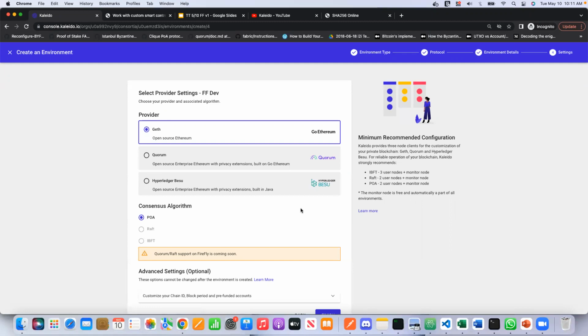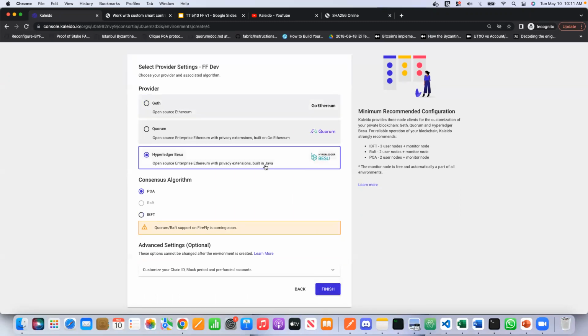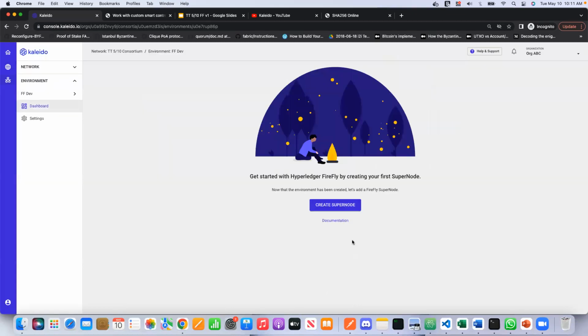Okay, so last thing I need to do is just choose my flavor of Ethereum. I'll go with Geth and proof of authority here just for simplicity's sake. We see that Quorum Raft is going to be coming soon, but Quorum IBFT is available today, as is Besu, and their different flavors. So Geth and POA it is, click finish, and boom, here's my namespace for my environment. It's empty now, right, because we don't have any nodes in it,